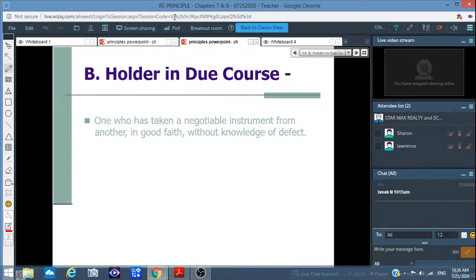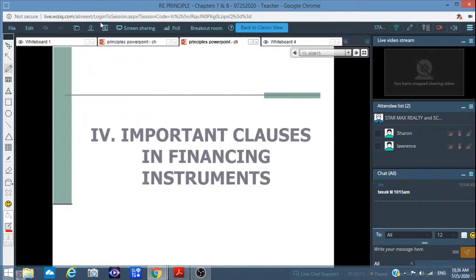Holder in due course. What does that mean? That means if you hold a check, it's good. One who has taken a negotiable instrument from another in good faith without knowledge of defect. 他不会跳票，他知道这个支票是好的。